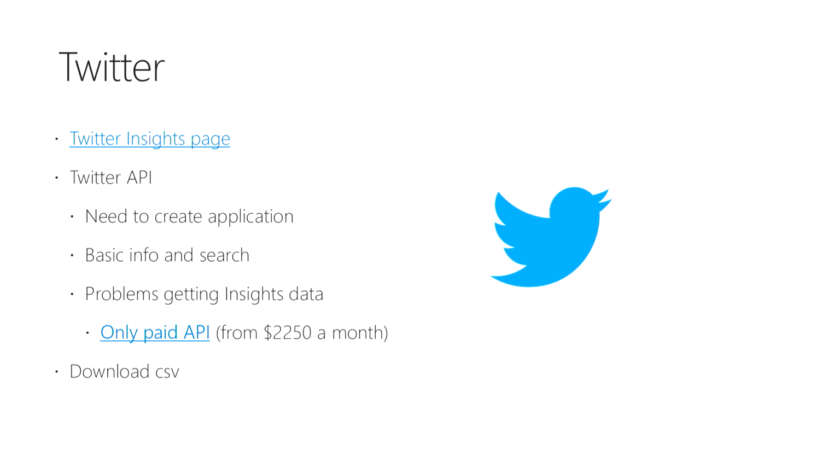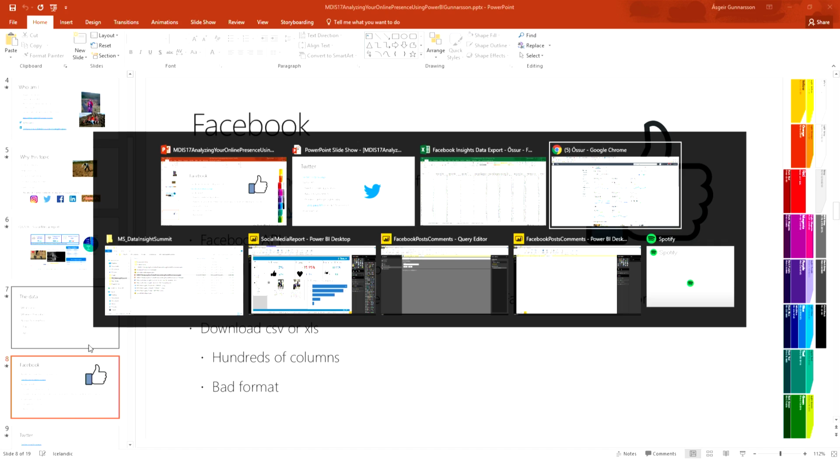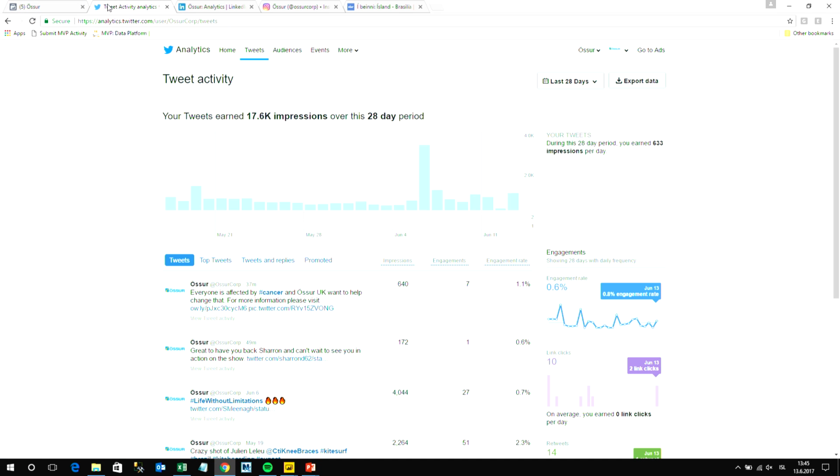Then it was Twitter, and there was actually a very, very similar experience, except that Twitter has a similar page, the insights page, where the good stuff lies. And it's very similar to Facebook's, except there's a lot less data in there. You can download a CSV file, because it has a lot less data. It's not a bad file to work with. If you want to use their APIs,